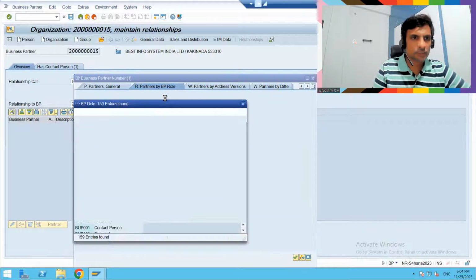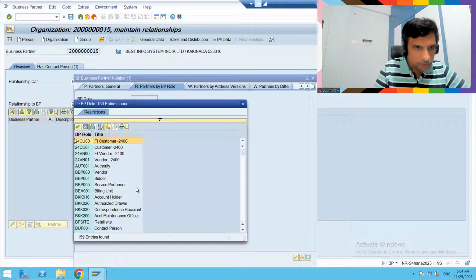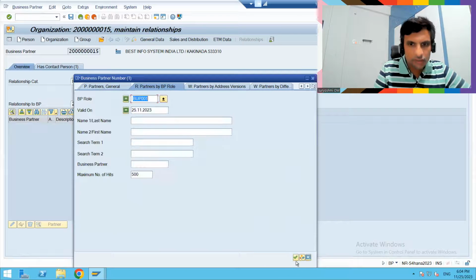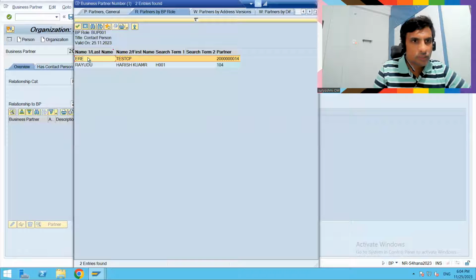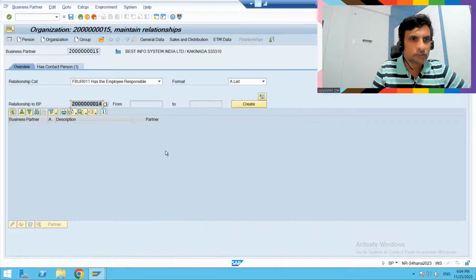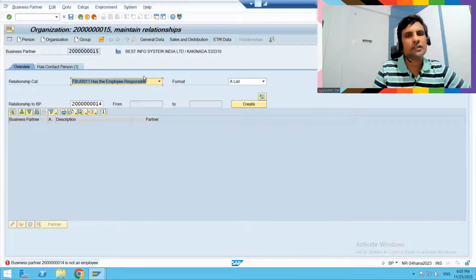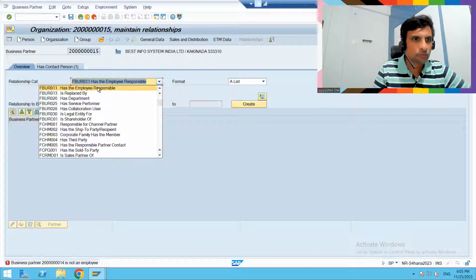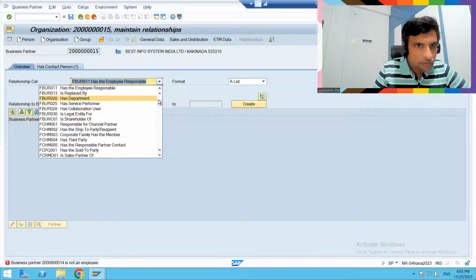So let me take the contact. So bidder services, and okay, let's give a search. So it is already created. Okay, I'll take this one, this guy. Oh, so the relationship category is missing. That's why I'm getting this one. There is nothing to worry about that. Otherwise, I'll try to pay. Where it is